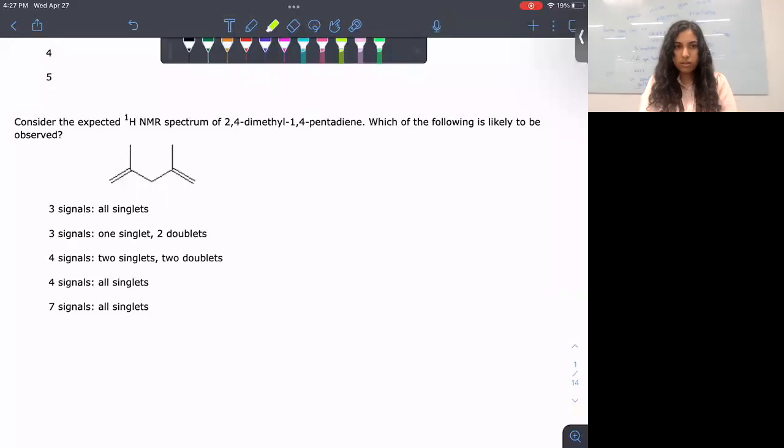So you think it's 3 signals and all singlets. So remember your diastereotopic protons. Oh, you mean like the first of the 4? Okay, yeah, that's right. So it is going to be 4 signals and it's going to be 2 singlets and 2 doublets. So the way to do this, remember with alkenes, it's really easy to determine whether the alkene signals